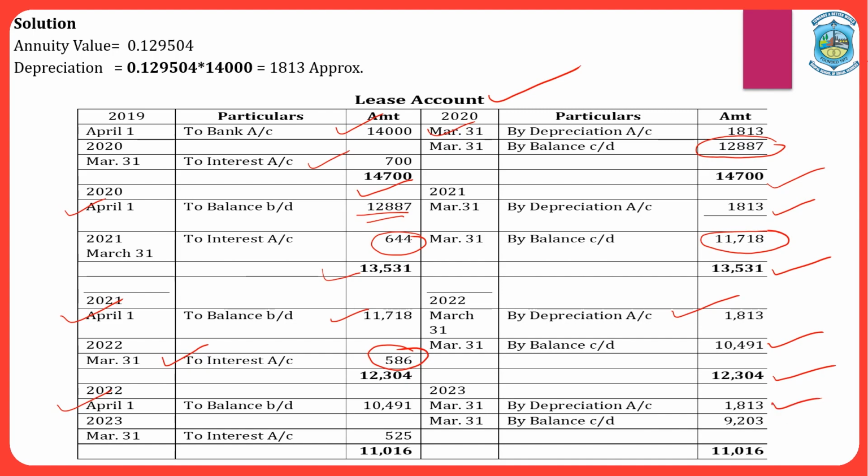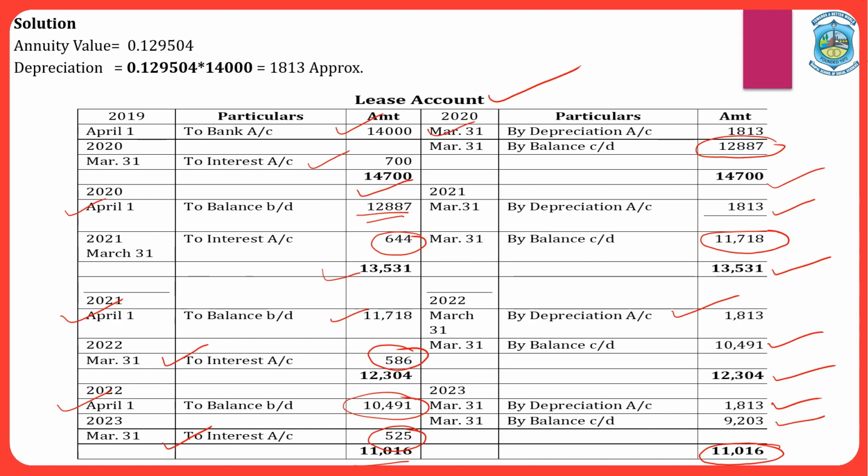Again, on the last date of this financial year, that is March 31st, 2023, we will be charging depreciation. The amount of depreciation is 1813. If we are investing 10,491 on 1st April 2022, how much will be the amount of interest due? 10,491 at the rate of 5%. The amount of interest is 525, which has to be recorded in the debit side on the last date of this year. The total of debit is coming 11,016, higher total to be posted in the opposite side, and we need to calculate the closing balance. The closing balance is coming